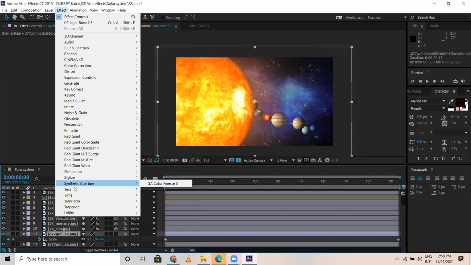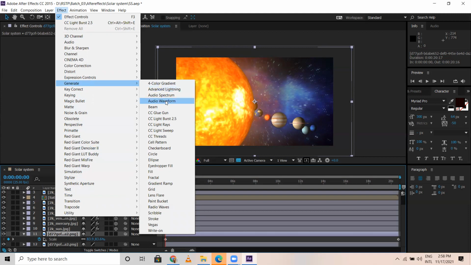So there are so many options which we have in this. It is in generate, advanced lighting, light sweep.